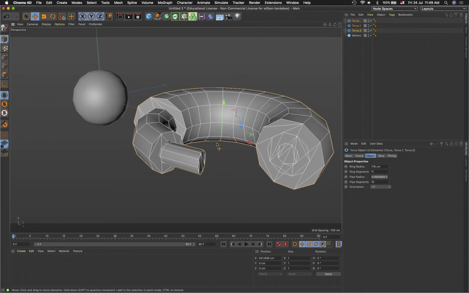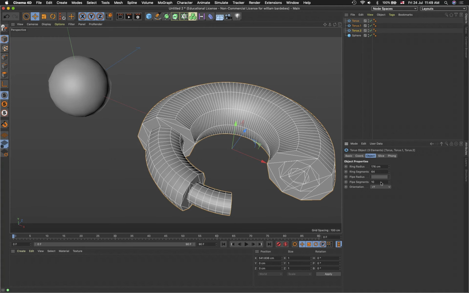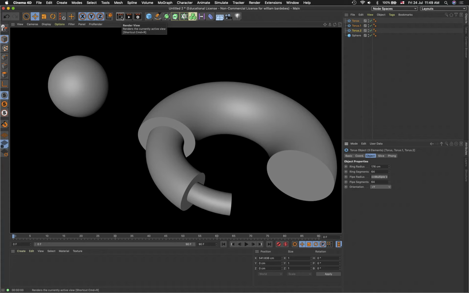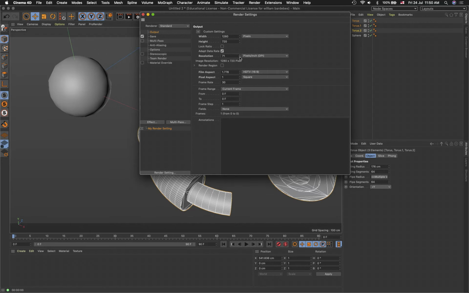There we go. So back to where I was. Coming to here, I'm going to change my number of ring segments to 64 and my number of pipe segments to 64. Okay, that's nice and smooth. You can see, in terms of discussing information, we can use this for motion graphics, we can use this for animation, but on this little button, and we'll come back to every button more than once,